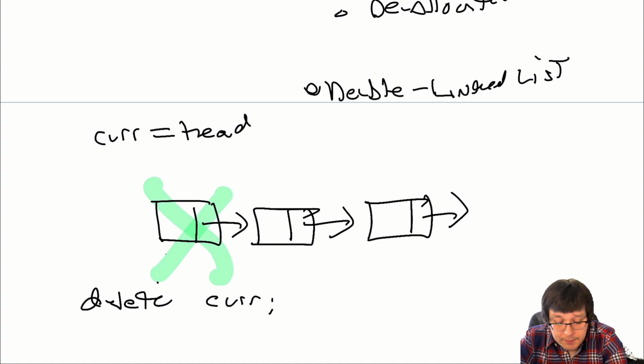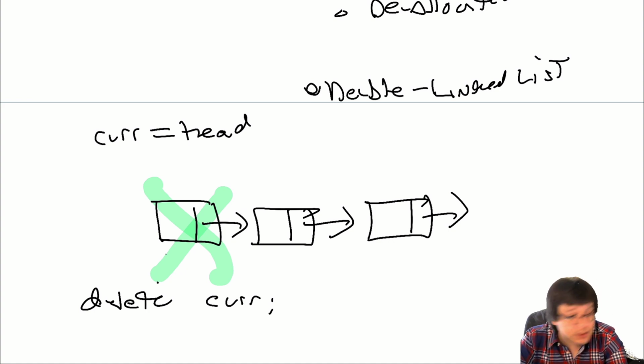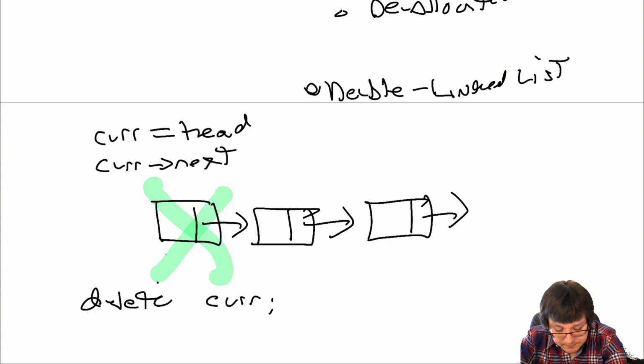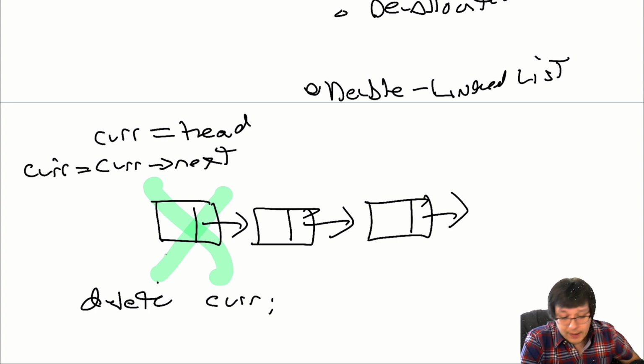However, before I do that, I need to be able to find what this address is so that I can delete the next node. Now that address is located at cur next. So, you know, I could hard code it and say delete cur and delete cur next, but that's not really going to work when this linked list is undefined size. So what do I do? I just update my cur pointer or the head pointer if you're using that.